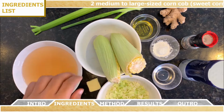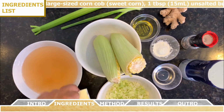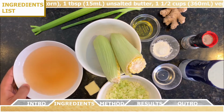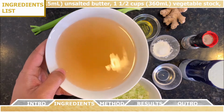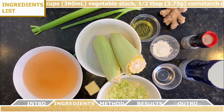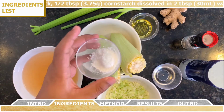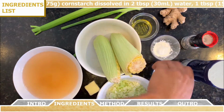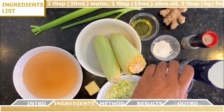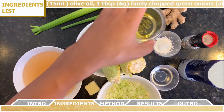You're going to need 1 tablespoon of unsalted butter, 1.5 cups of vegetable stock. Then you're going to need half a tablespoon of cornstarch, and then you're going to dissolve the cornstarch in 2 tablespoons of water. Then you're going to need 1 tablespoon of olive oil,